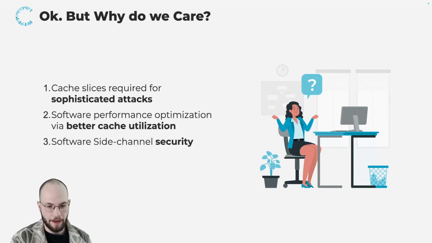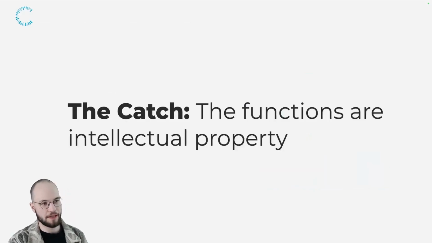You can basically allocate memory in such a way that you never have an attacker and a victim accessing the same subpart of this microarchitecture element, which is interesting in, for example, the cache, where such a thing can or could prevent cache attacks. So these functions are all very interesting to know, but the problem is they are all intellectual property,